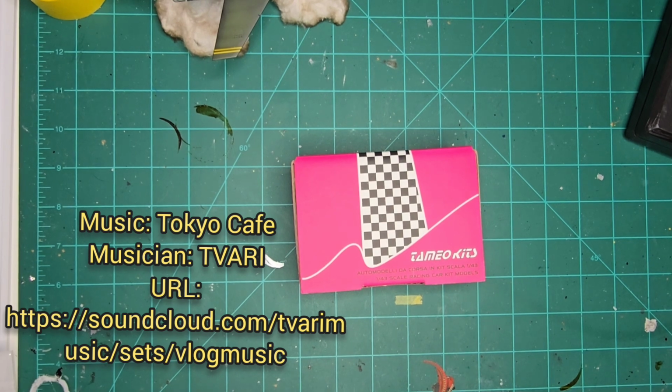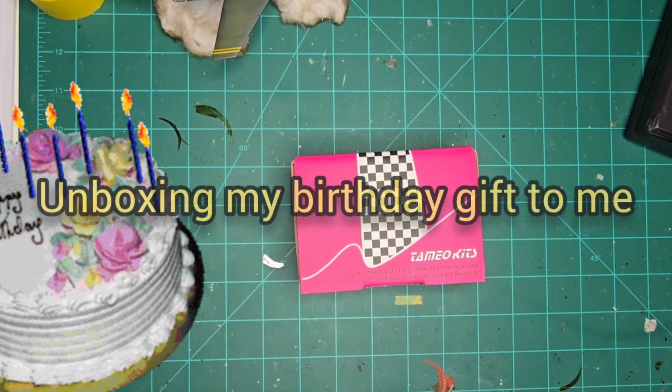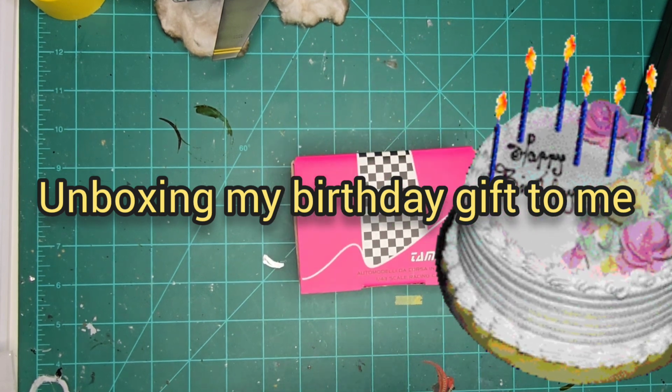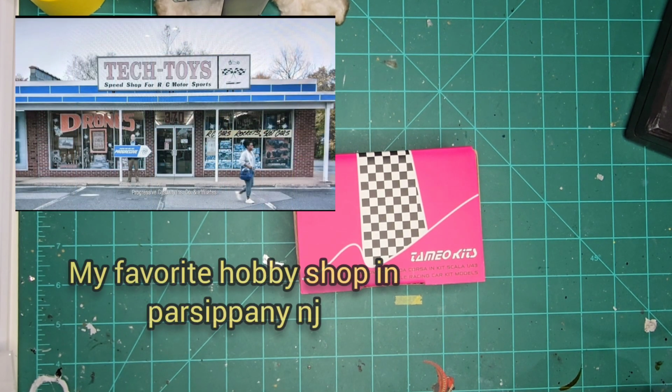Got a brand new kit here that I just got in. It was my birthday recently, and I decided I'm gonna get myself something really cool for my birthday. And I found something really cool. I went up to my favorite place in the whole wide world, Tech Toys, and I remember a while back